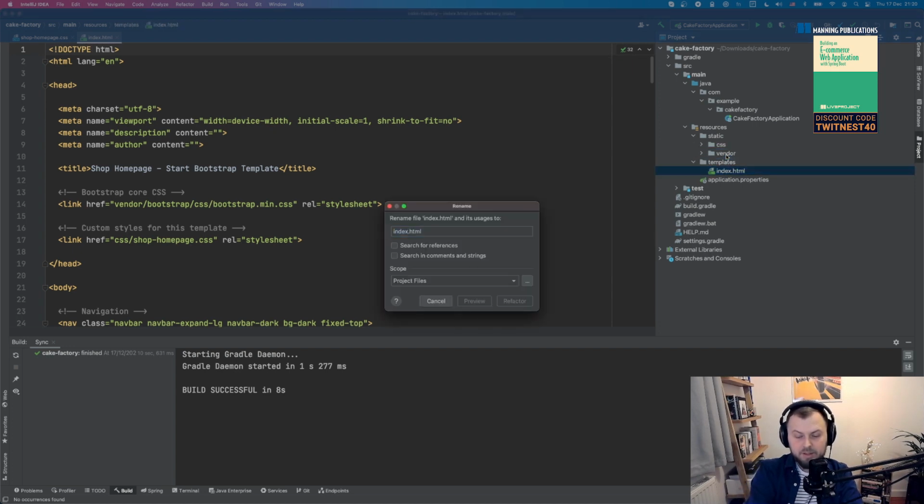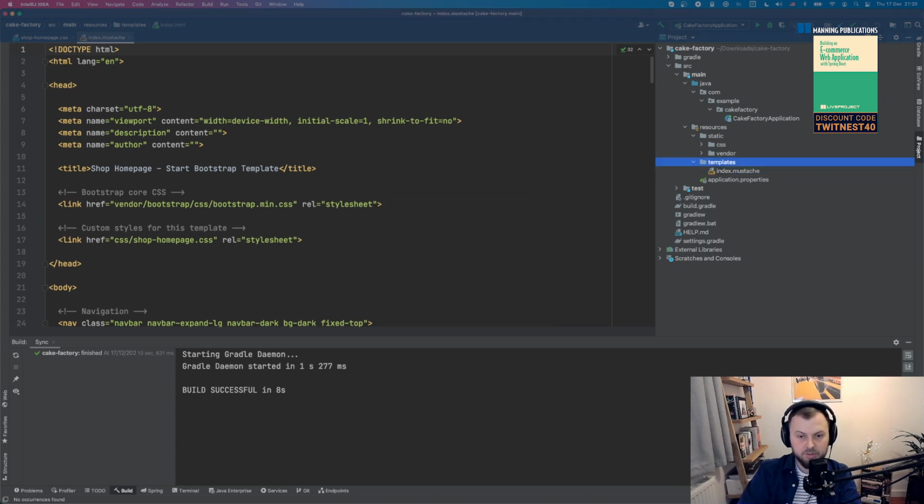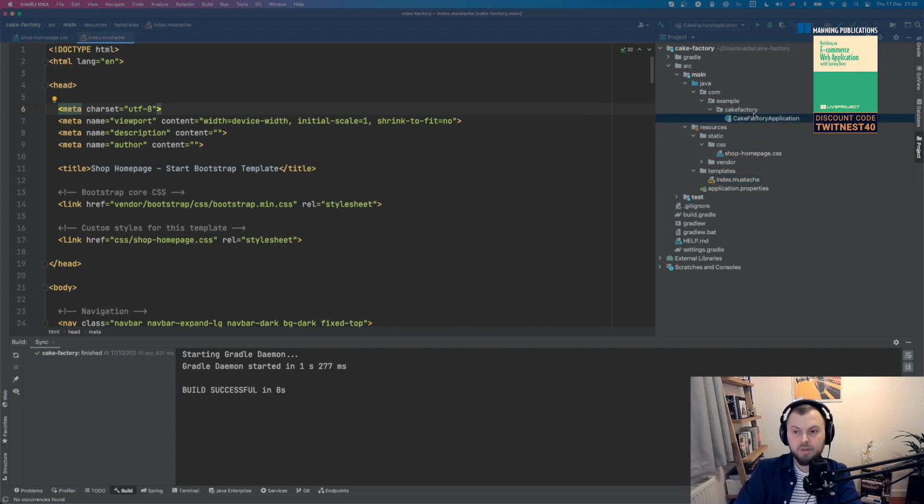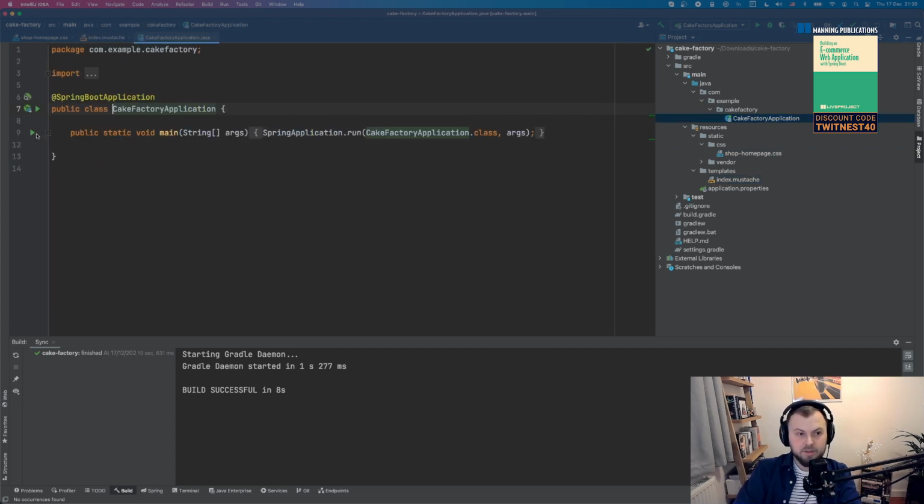But let's make it a little bit more interesting, and let's make it a template actually. To make it a mustache template, I just need to change the extension to mustache, and immediately you get this HTML file converted into a template. So I can start putting logic into that. But that's not the purpose of the first milestone. For the first milestone, I only need to show the landing page as is without any fancy logic.